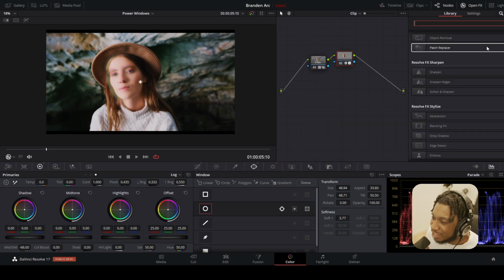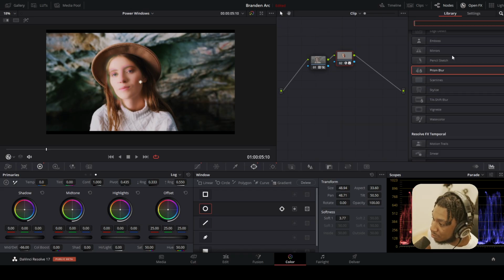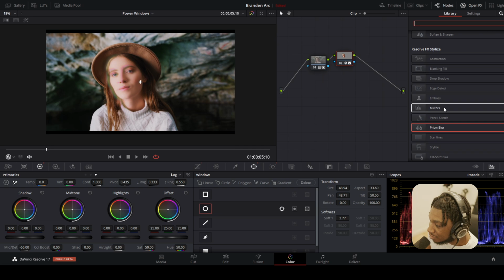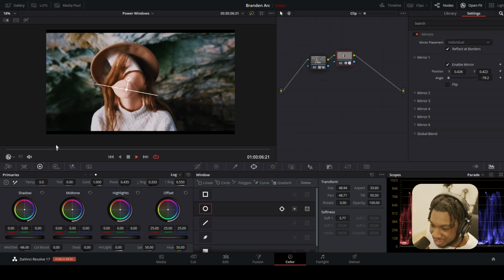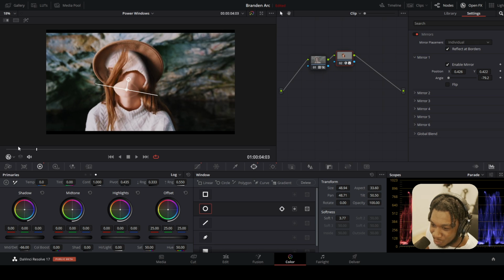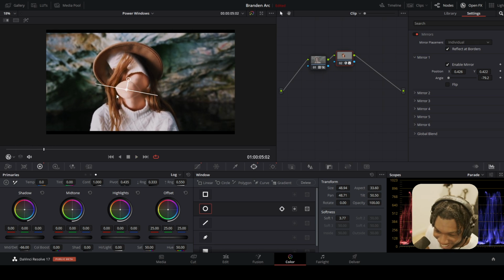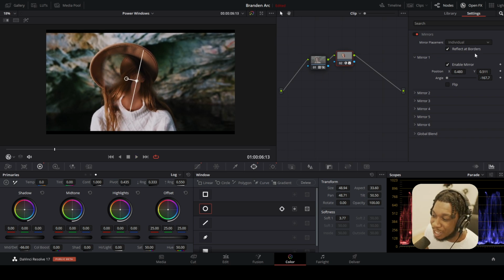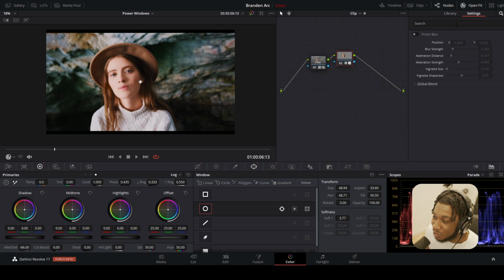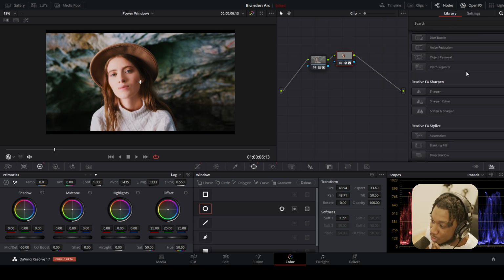There's literally any effect that you see here: scan lines, prism blur, pencil sketch, mirror. That might look a bit crazy. Oh no, this looks that looks super crazy. That actually looks really, really crazy. I don't know how I feel about that. But any effect that you think of, literally, any effect that you see in this library, you can use and